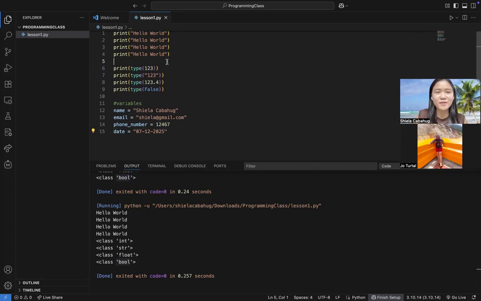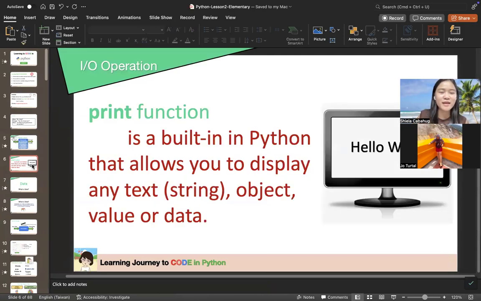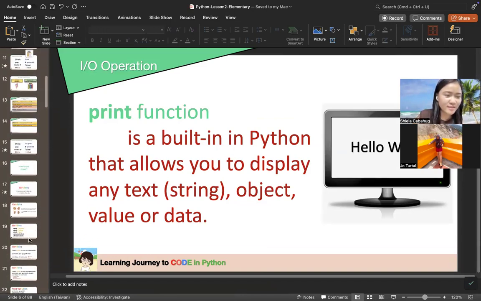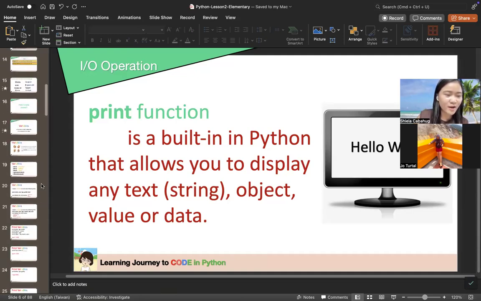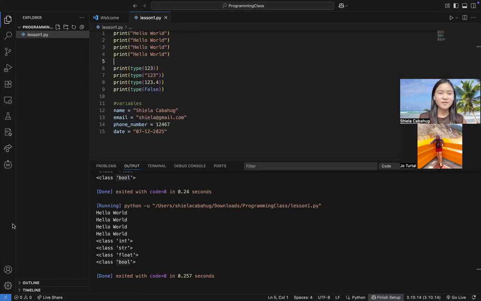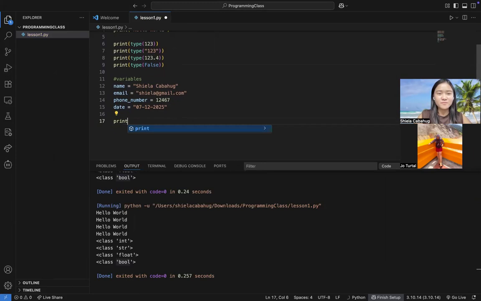So previously we learned the print. We know that print just prints any string, any object, any value or data. So we can make use of print to print the variable. There are different ways. One is, you can just print the variable itself, so you know that it is a variable without using quotation marks. So if I print my name, print the name,